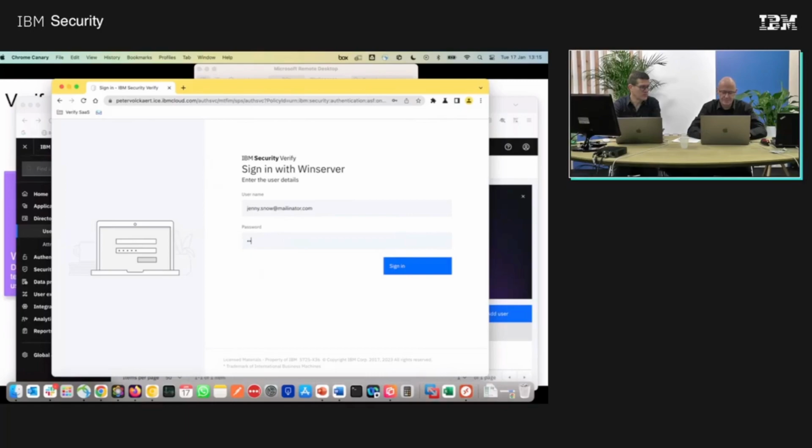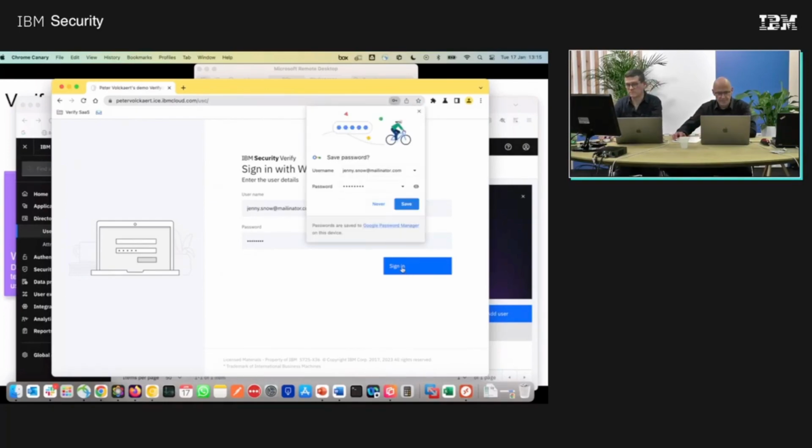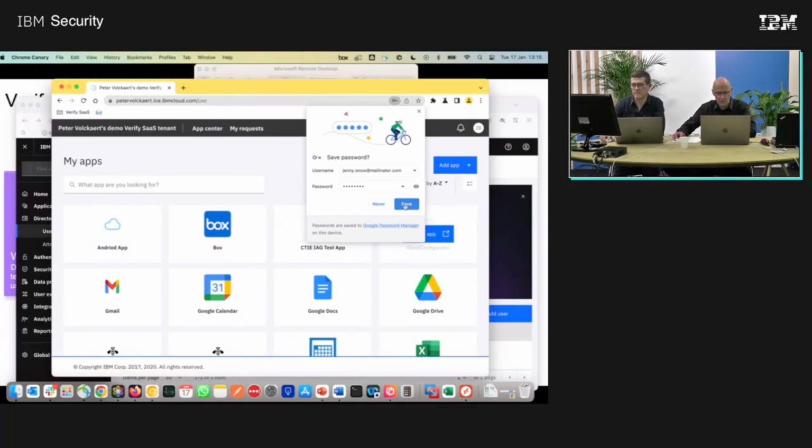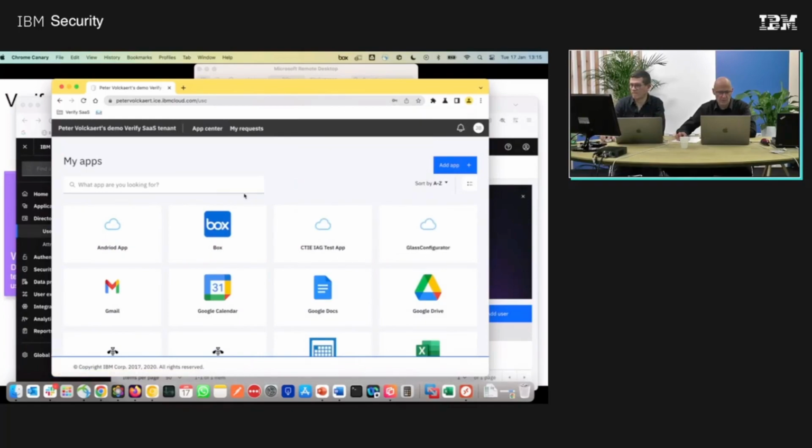The password from Active Directory. Yeah, that's the password from indeed Active Directory, and sign in. I will save it for now so that I don't have to type it again. So, okay, so the user Jenny is now logged in,